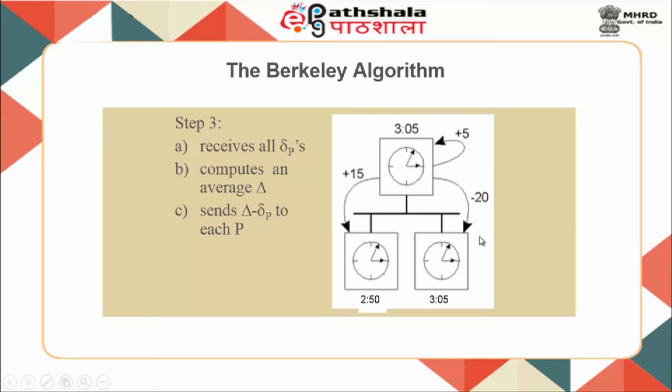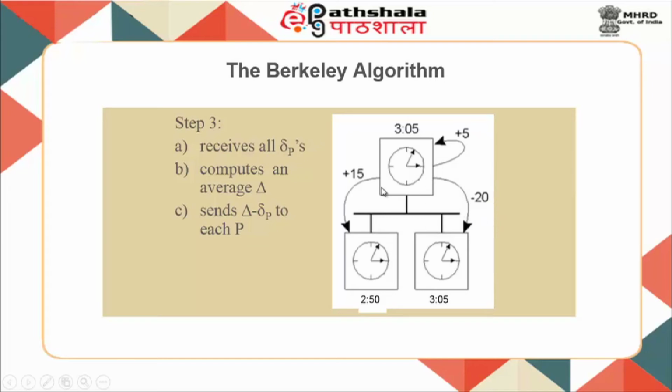Similarly, here the value that it had sent, its delta P, was plus 25. Now, I have 5 as capital delta and plus 25 as delta P. So, 5 minus 25 will be minus 20. So, the server daemon will send a message saying that, hey, put your clock backwards by 20 minutes, and